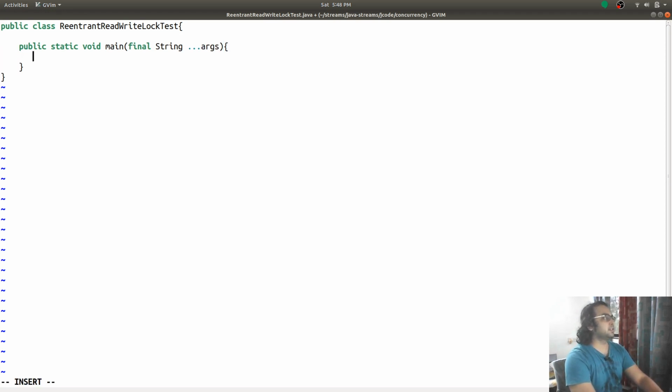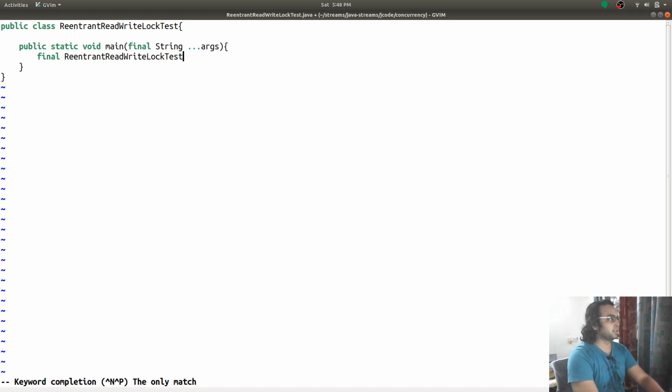So in this coding session I will be showing you how you can use read and write locks differently, and can use two different locks to lock on different functions. So I need something like lock